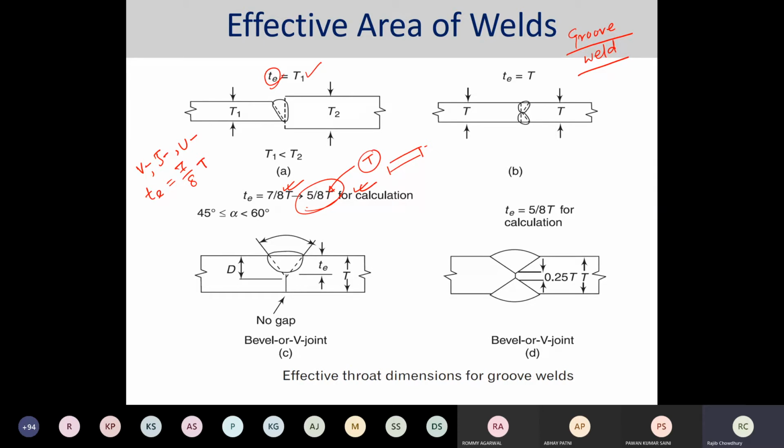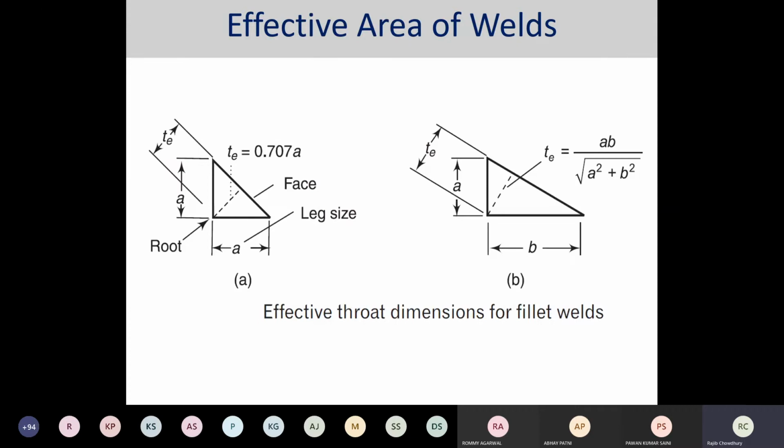Now similarly for the other cases, if I have a bevel joint, or a bevel or V joint in other contexts, then accordingly the effective throat thickness differs from one to another. So all these different specifications have already been postulated. You need not worry about that. It is already specified and we are basically utilizing those specifications. Those are for the groove weld. Similarly for the fillet weld,